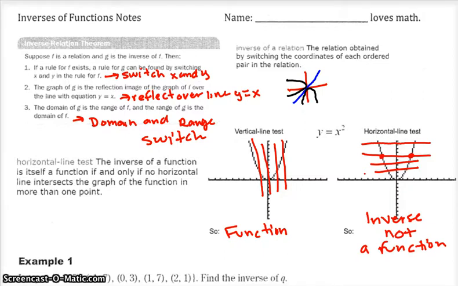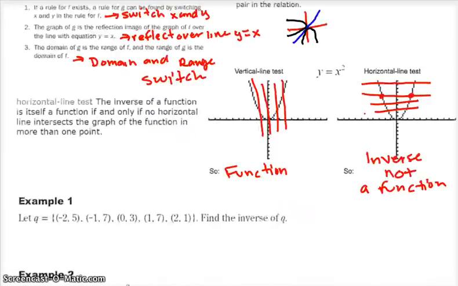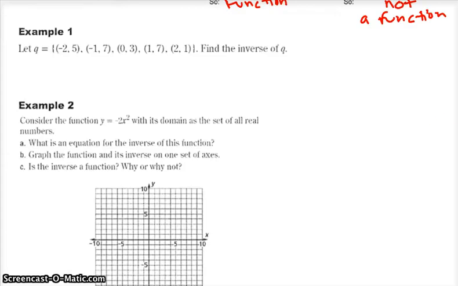Alright, let's look at example 1 where I'm given a relation and only x and y coordinates. To find the inverse, I simply switch the x and the y coordinates. So, the inverse, denoted with a -1, is